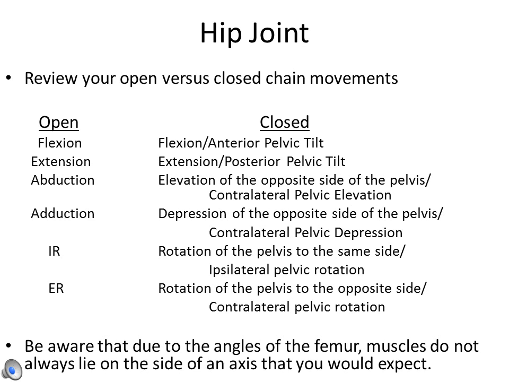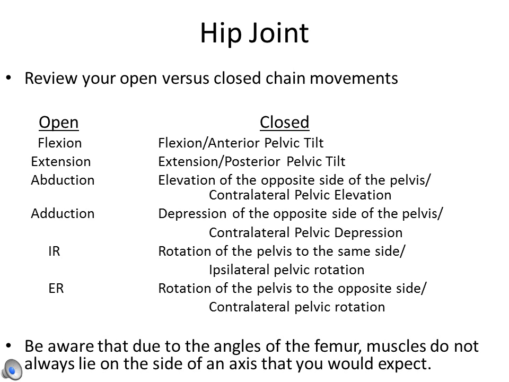Please review open versus closed chain hip movements. Know that open chain hip flexion is similar to closed chain anterior pelvic tilt. Open chain extension is similar to posterior pelvic tilt in the closed chain position. Open chain hip abduction is similar to closed chain elevation of the opposite side of the pelvis, or contralateral pelvic